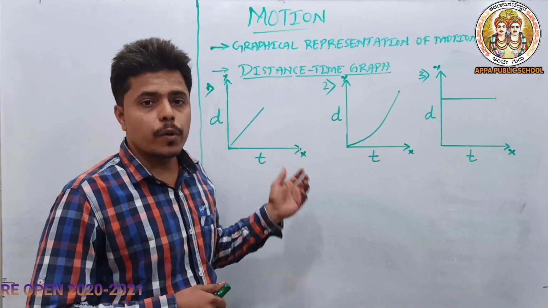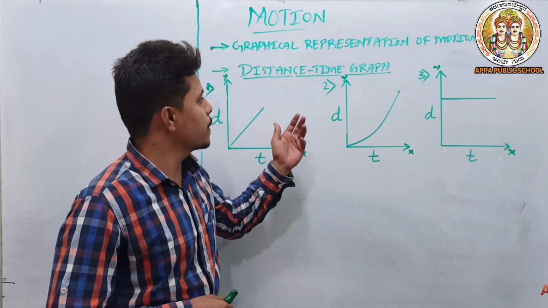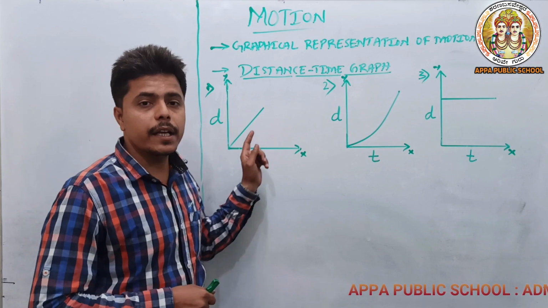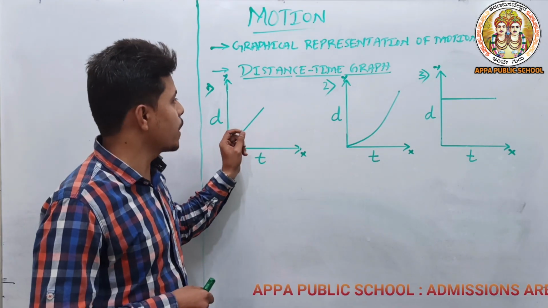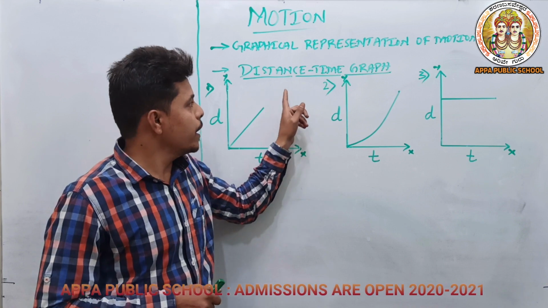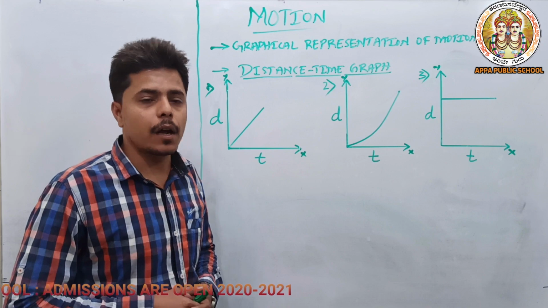So today we are going to study the distance time graph. What do you mean by distance time graph? In a distance time graph, the body is covering equal distance in equal intervals of time, or the body changes its position with respect to time. We take this in the form of a distance time graph. There are three types of distance time graph. That is